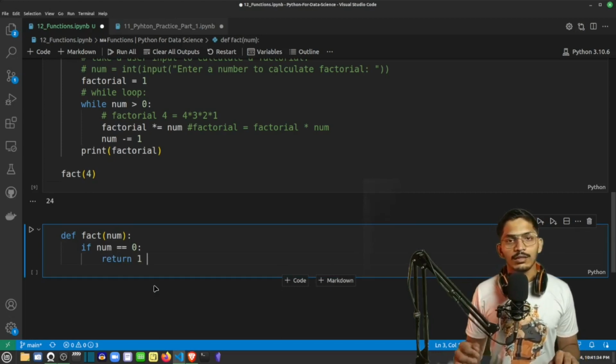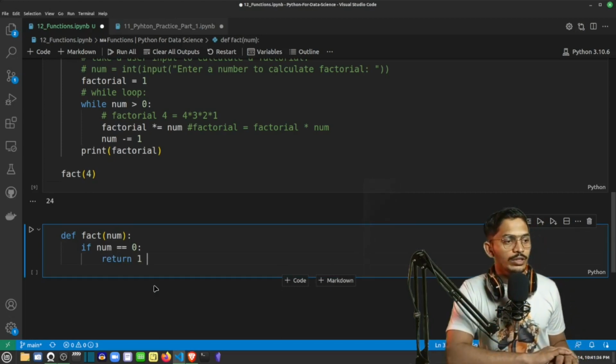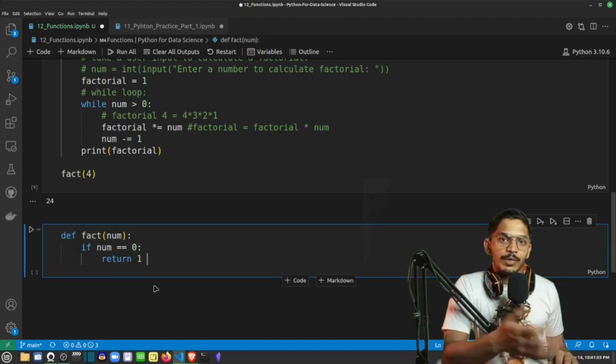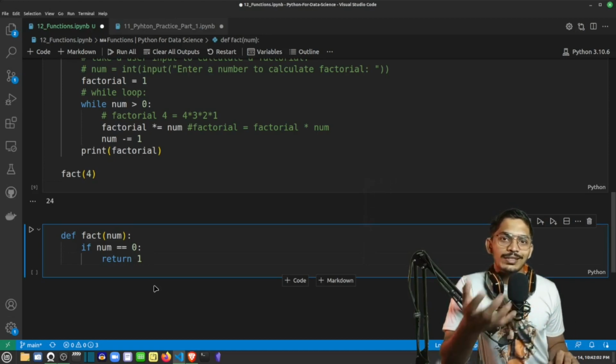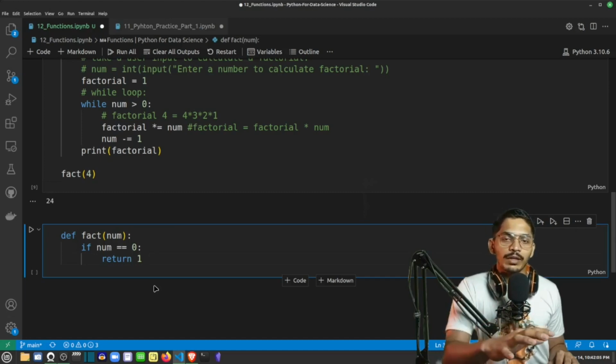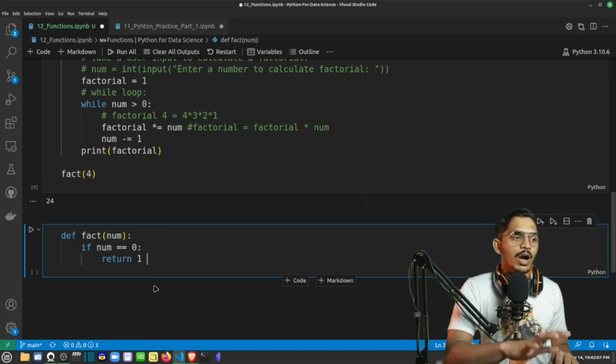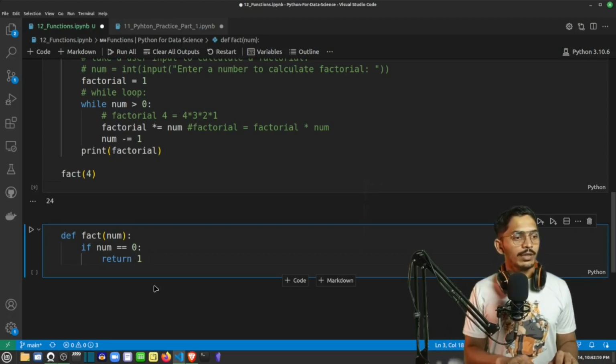So what is a return? Whenever it is the last step in any function, when we give a return, it just returns that value as an output of that function. It doesn't just print it out. It actually returns that value, and after returning that value, you can assign it to some other variable. Let's see by using this how we can do that. So I will return 1,